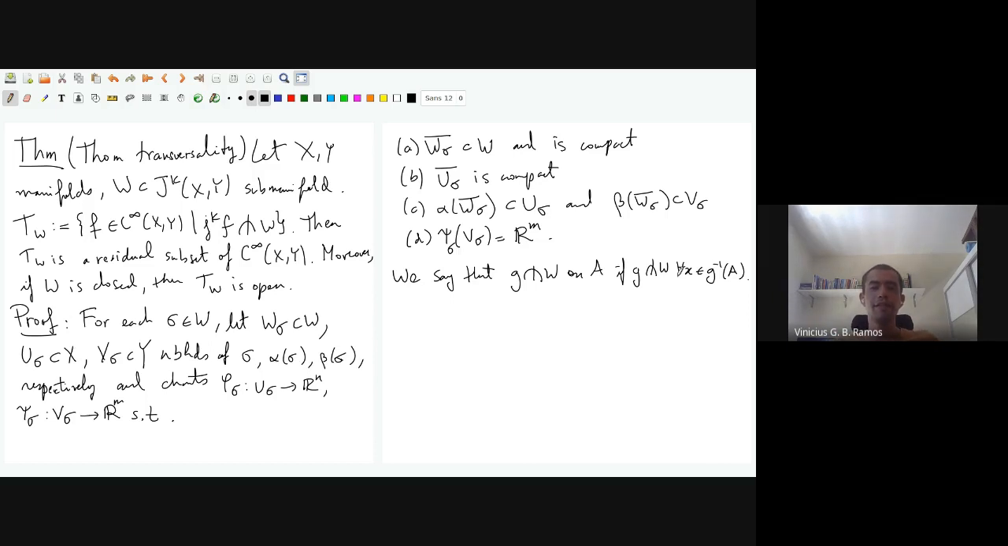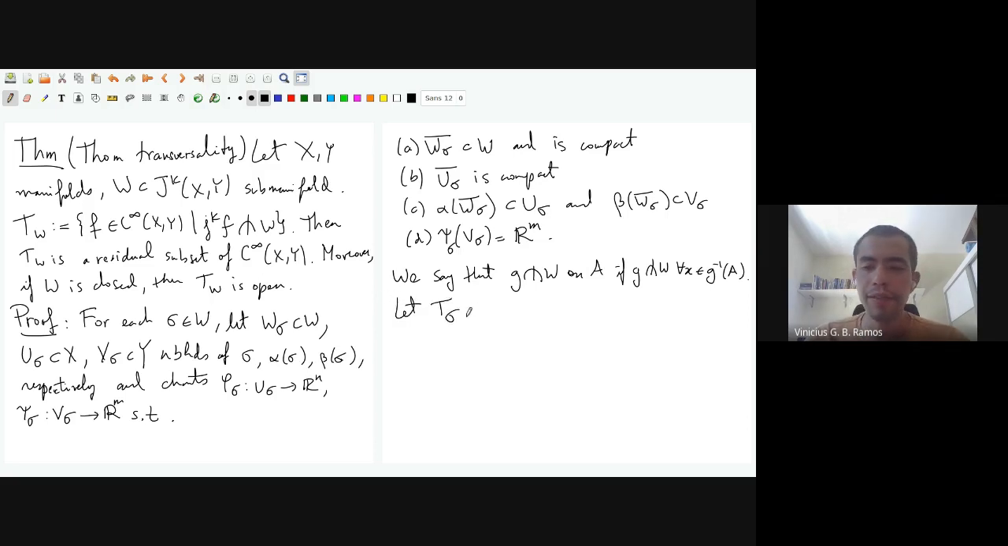So if it is transverse for all the points that are lying above A. Okay, so for a point whose image by G is in A, either it doesn't intersect W, or the transversality condition holds if it's on W. Okay. All right. So then we're going to let